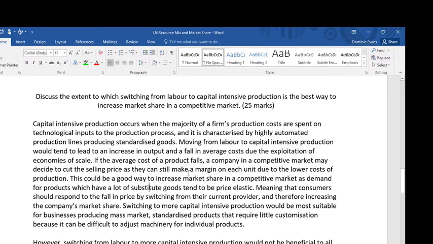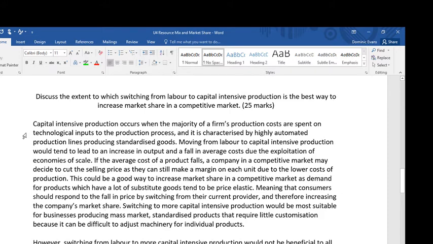So why would cutting the selling price, as I've mentioned here, be good in the context of this question, which is increasing market share in a competitive market? This could be a good way to increase market share in a competitive market, as demand for products which have a lot of substitute goods tend to be price elastic. So demand is price elastic when there are a lot of substitute goods around. So what does that mean? Meaning that consumers should respond to the fall in price by switching from their current provider